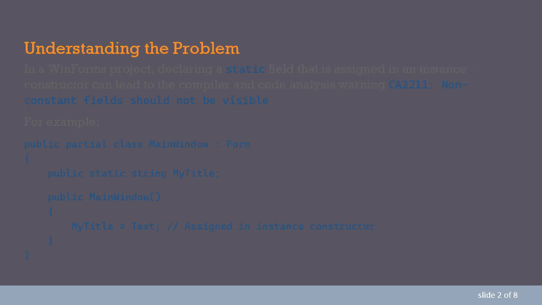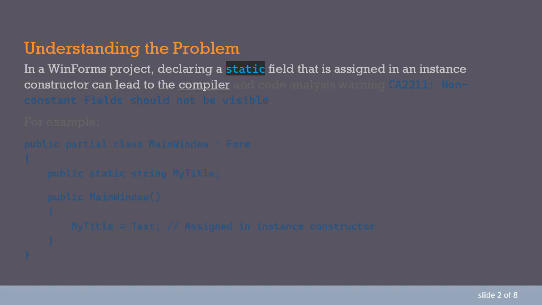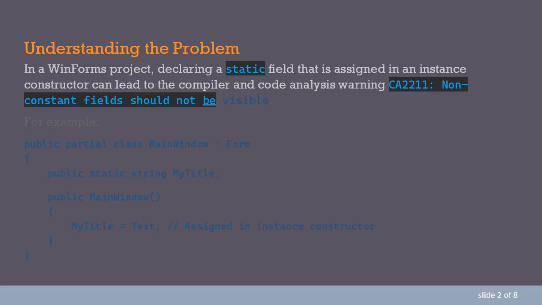Understanding the problem. In a WinForms project, declaring a static field that is assigned in an instance constructor can lead to the compiler and code analysis warning CA2211, non-constant fields should not be visible. For example,